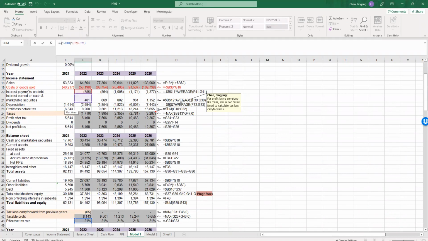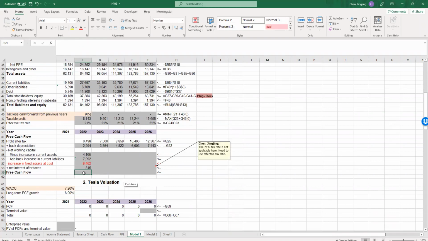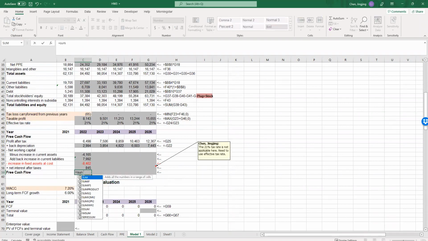So here we should add back this expense. So that's why we add a minus sign here so that it becomes a positive number. Finally, free cash flow equals to the sum